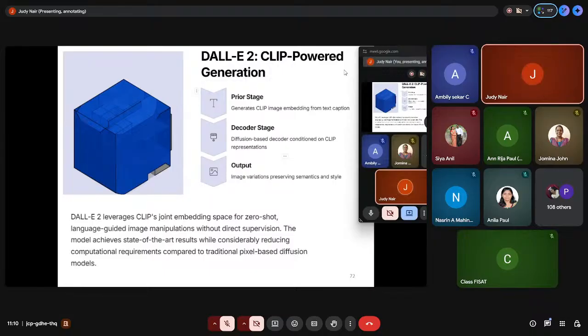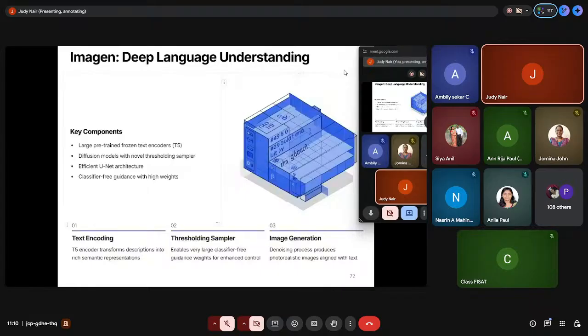It is already a pre-trained model, called contrastive language image pre-training, which is given by OpenAI. I think you have used it for certain research work also. That learns to connect images and text, so it is actually giving a semantic meaning to it. That is what is used there, as well as in DALL-E also. They use the same method.